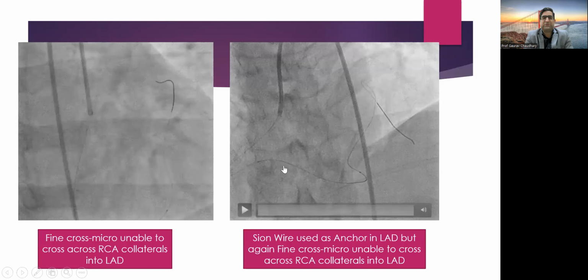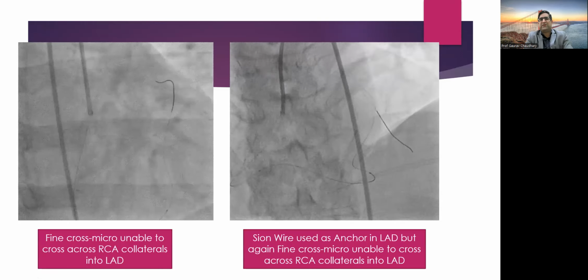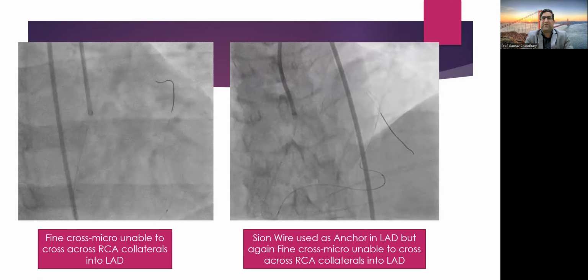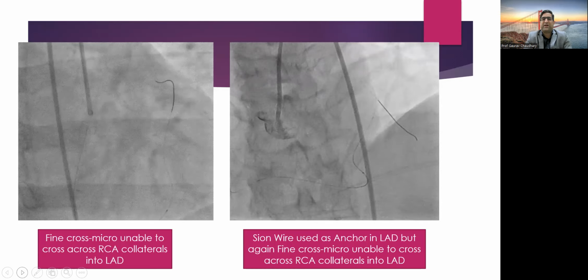So the plan was to negotiate. We tried to put this wire, although fortunately it went into the LAD, and we tried to make an anchor in the LAD by putting this Xion wire into the distal area. But you can see a clear-cut angulation in the septal collateral. So there is a lot of angulation,